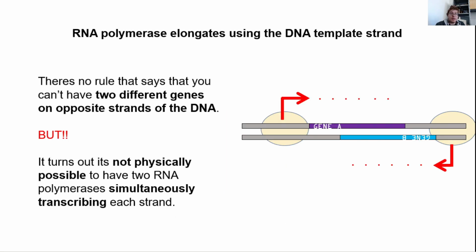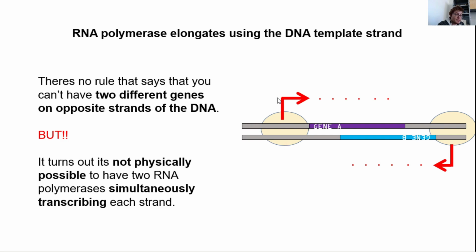But I mentioned this fact about knowing which strand is which because there's really no rule that says you can't have two genes that are encoded on opposite strands. In that case, we would need a different promoter upstream of one gene, positioned so that the polymerase will extend this way, and then on the other strand we would flip that promoter sequence around and now we'd have one driving this strand. So formally you can have such a structure in your genome,